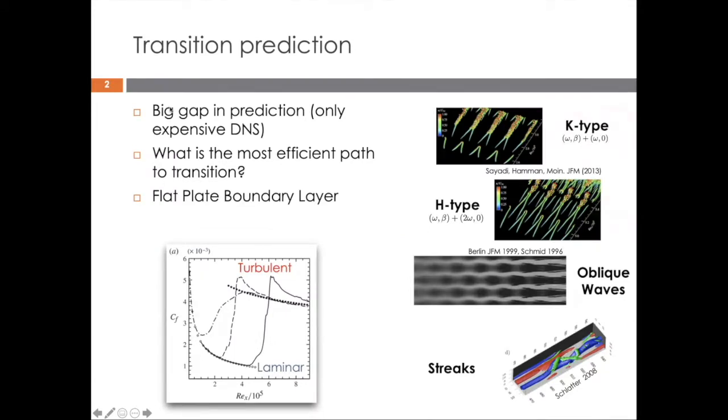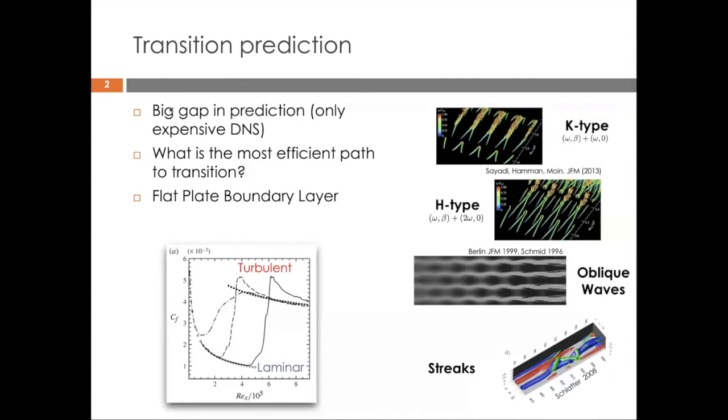As we said, we're going to be focusing on boundary layer transition. And although the configuration of a boundary layer is very simple, the underlying mechanisms at play that cause transition are quite complicated, and there are actually quite a few of those. At the moment, we can quantitatively evaluate those mechanisms only by doing expensive DNS. We can get an insight of the fundamental mechanisms causing transition using local modal instabilities, and these are